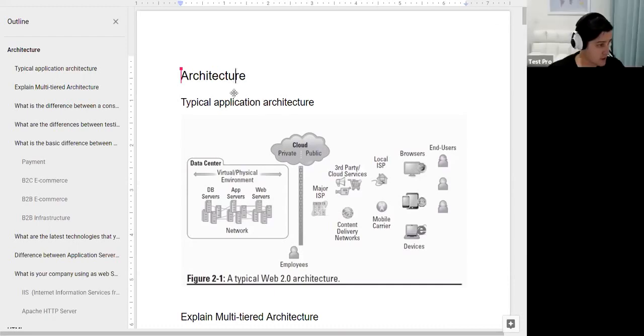So today we started explaining about the architecture and a little bit of introduction about web applications, mobile applications, and even desktop applications. So today I'm gonna show the schema to you. I hope that the schema will shed some light on what system level testing means, the architecture of a modern Web 2.0